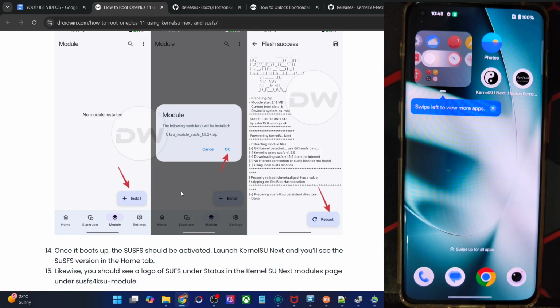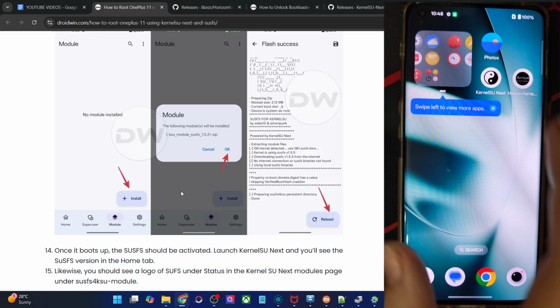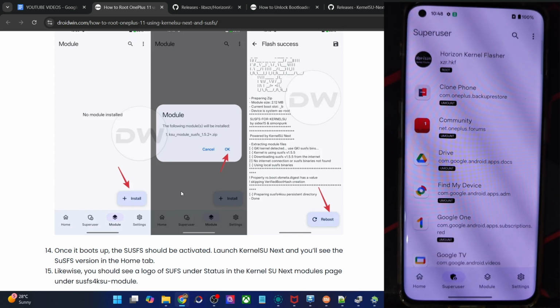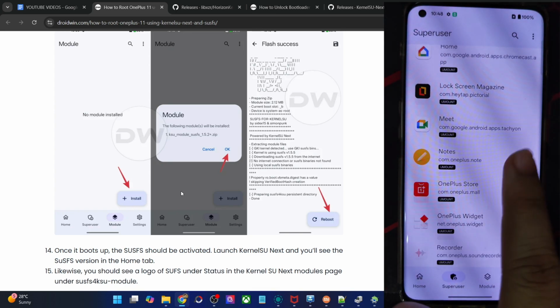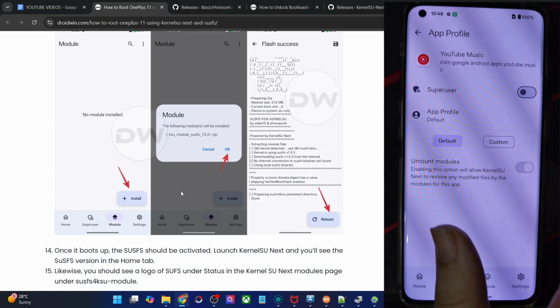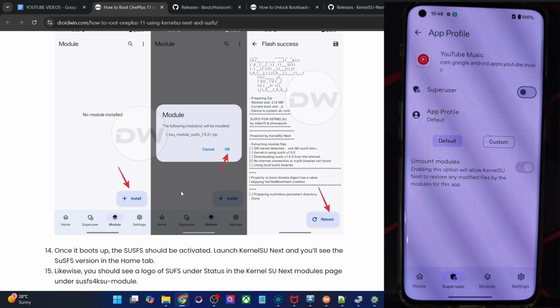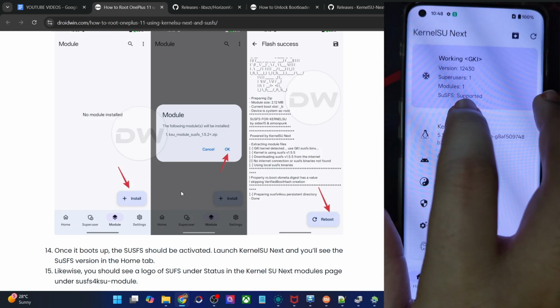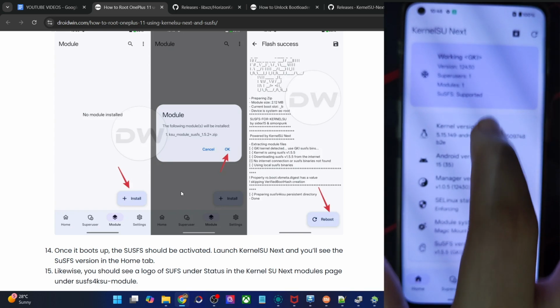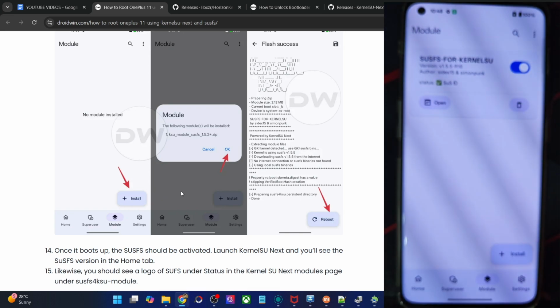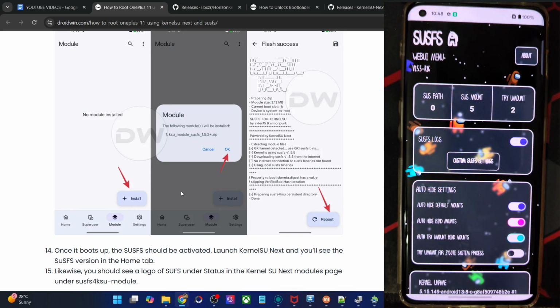Just make sure that in case of KernelSU, you will not get the superuser request. You will always have to go to the superuser tab and manually give it the request from this section. Just enable the toggle next to superuser, and only then the app will get the request. You will have to do so every time. Apart from that, you could see that the kernel supports SUSFS and the version is installed as well, and the module status is checkmarked. You could open it from here and get the job done.